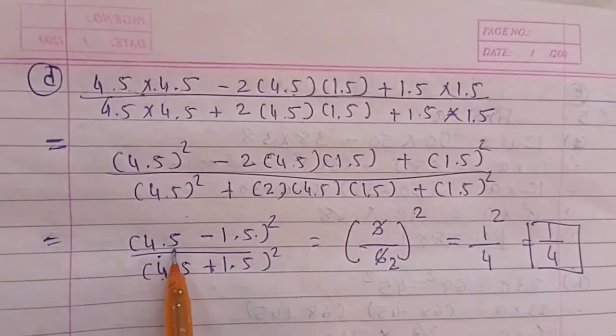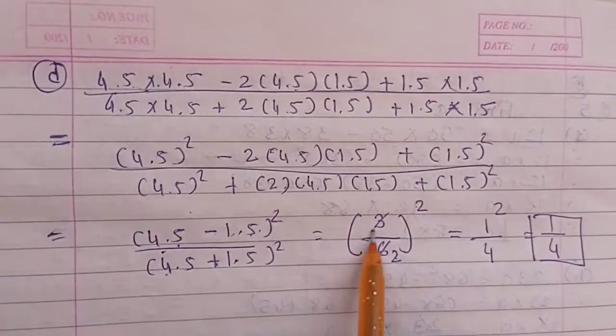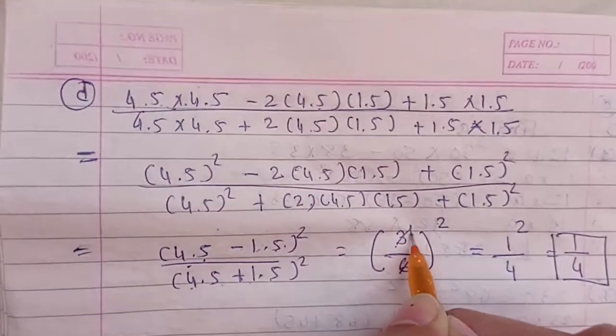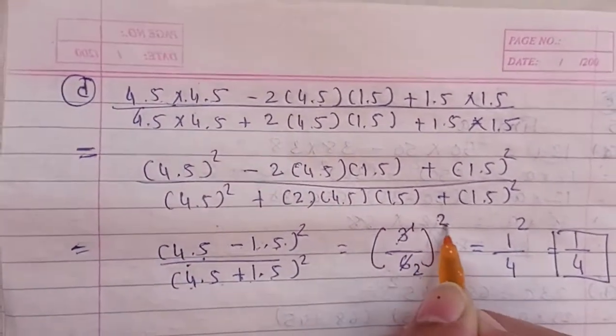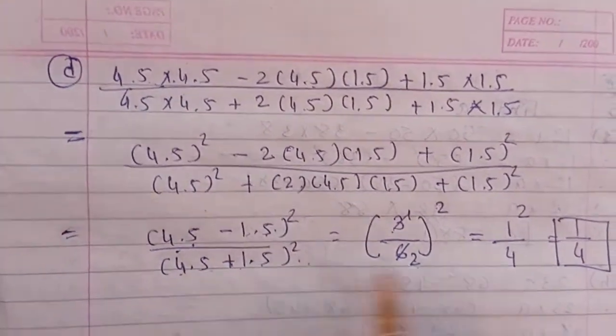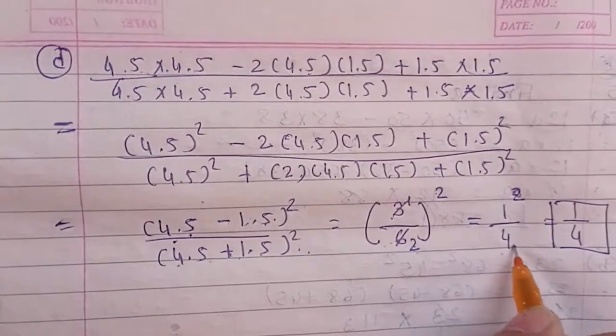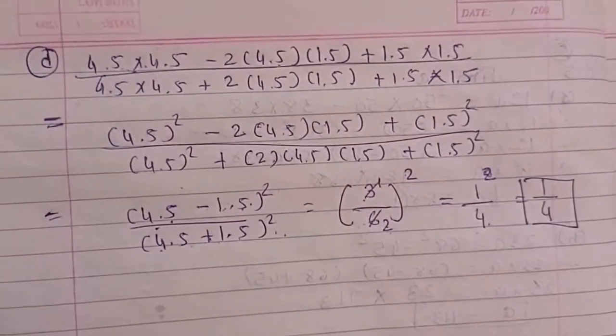See, 4.5 minus 1.5 is equal to 3, 4.5 plus 1.5 is equal to 6. 3 1s are 3, 3 2s are 6, whole square happens, both the sides squared, so 1 square is equal to 1 only, and 2 square is equal to 4. Like this way we got the answer. Okay,